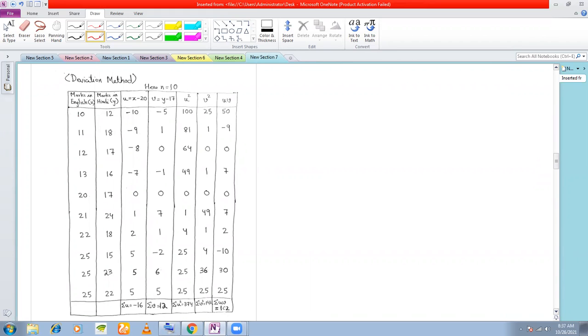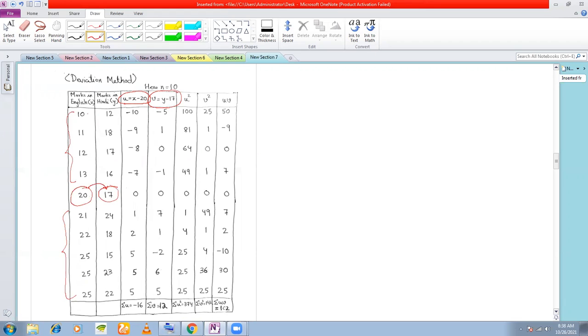So here again exactly I have arranged this in ascending order, and I have written the corresponding values of Y, marks in Hindi. And here if you see, the only difference between the above method and that after taking the deviations is that I have taken U is equal to X minus 20. Why X minus 20? 20 is the value about which I am taking the deviation. I have taken this value 20, which is somewhere midway between these two. You can take 21 also. Okay. So 20 is somewhere midway between these two. And if you see corresponding to 20, I have got what is the value here? Y. So that is why I have taken the deviations of Y about 17.